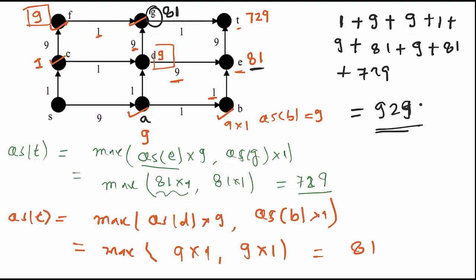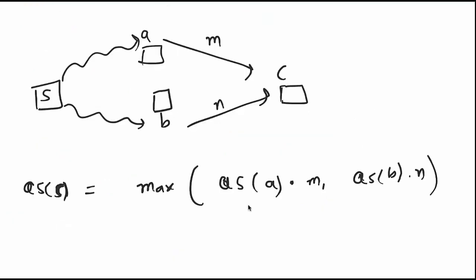I hope this question is clear. So the only logical thing or only smart technique that we have applied is this formula, right? This is called dynamic programming, where we are actually reusing the quality scores that are pre-computed, right? Instead of again and again computing all the paths and then computing the quality scores, we are just reusing the quality scores of the intermediate vertices.